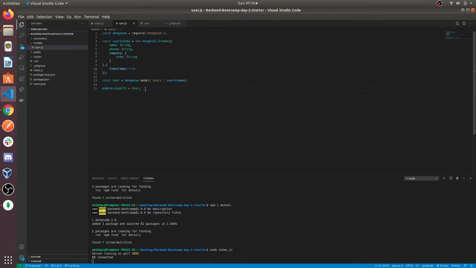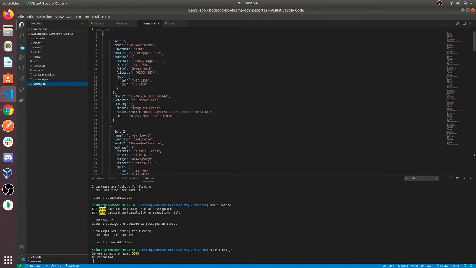Now after creating our model, let's quickly use it to import the users that are in our users.json into our database. So for that, I'll just create a script.